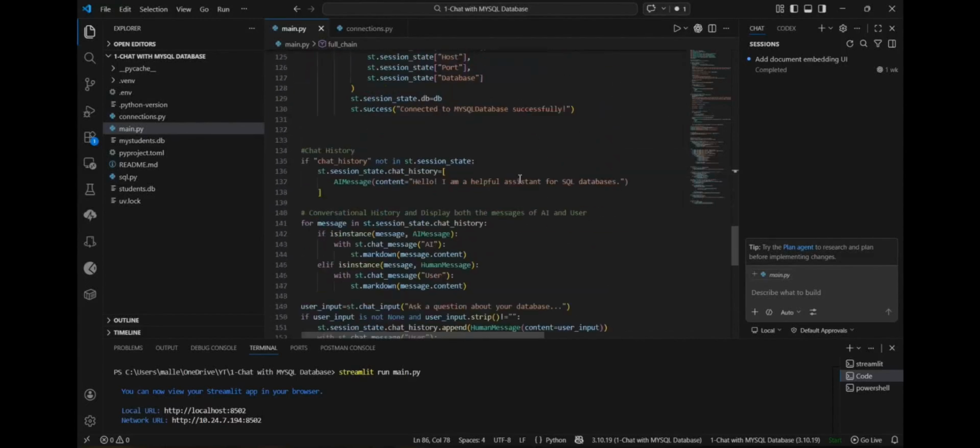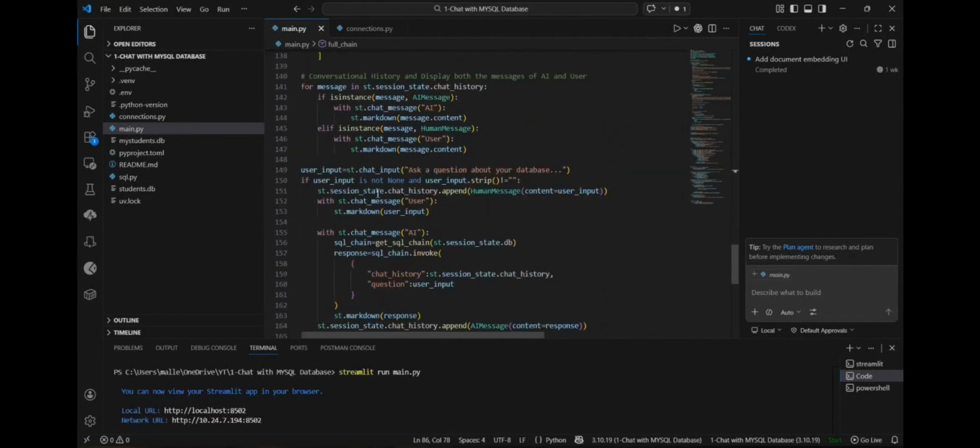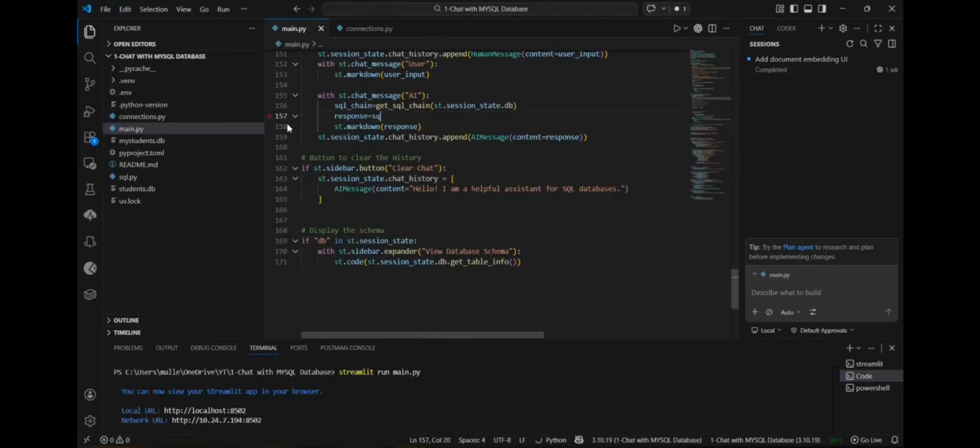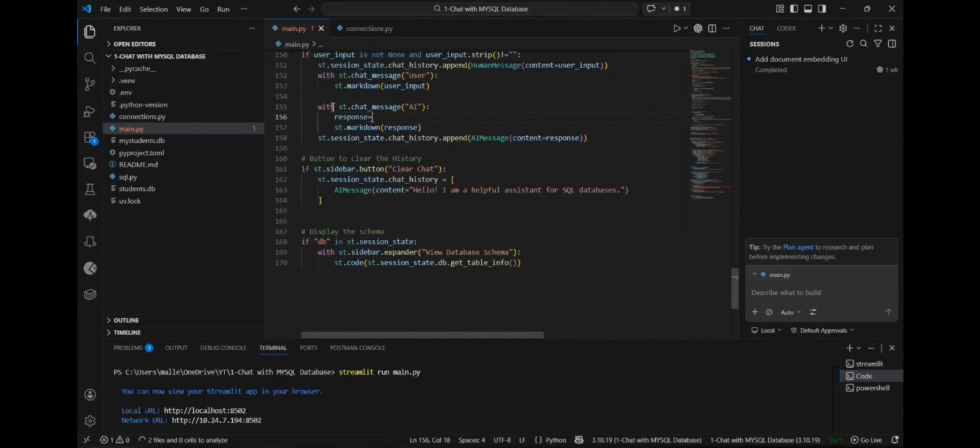Now let's make some changes over the AI response. So we'll remove this. We will remove everything, and we don't need this chain because we are using this chain. We are calling this chain in that function, the full chain function. So full underscore chain,